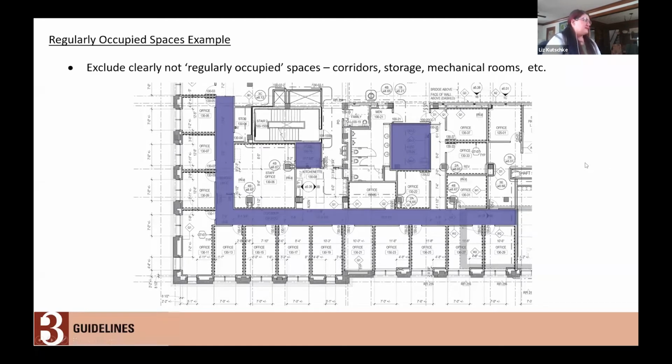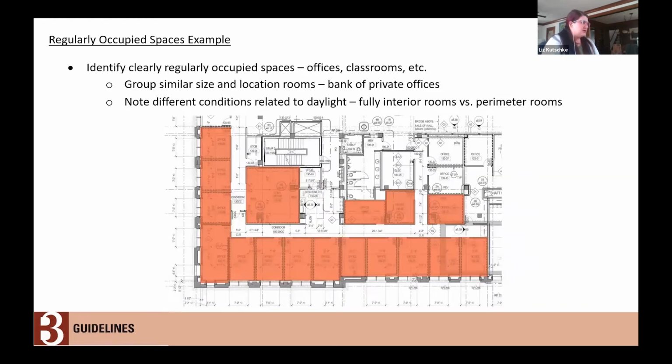So there, as I mentioned, there are clearly areas that are not going to meet that definition, things like corridors, electrical, mechanical rooms, storage spaces, things like that are not going to be included in this requirement for the guideline. And then there are spaces that obviously will be included, like offices, classrooms,